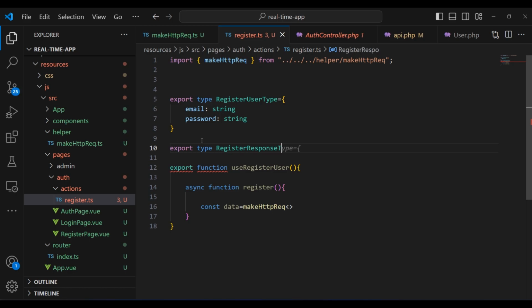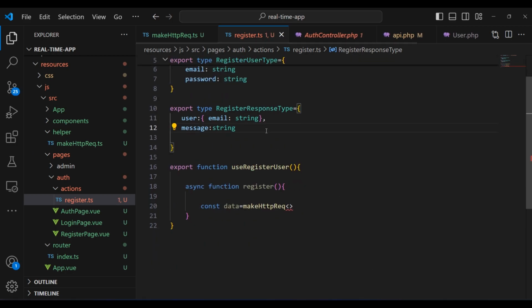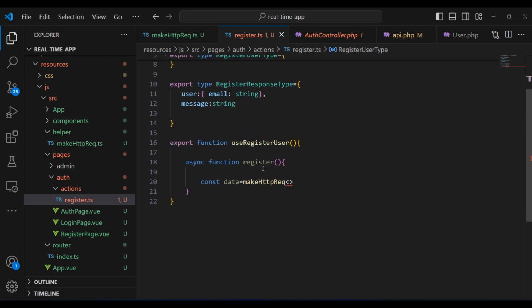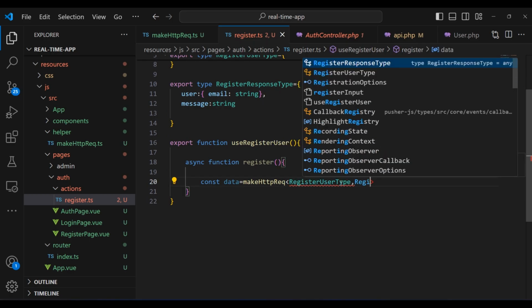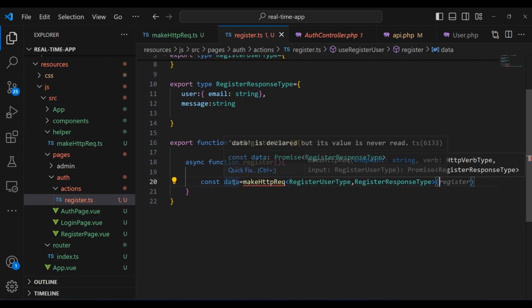I'm going to pass here the response type, and we are going to get back from the server the email. Now here we need to specify the inputs. We're going to pass to makeHttpReq the register user type, but also the register user response type. And when we hover over the data function right here, we are going to see that